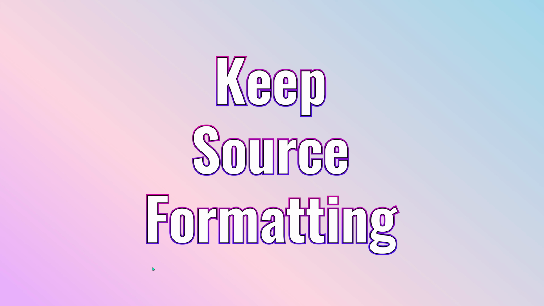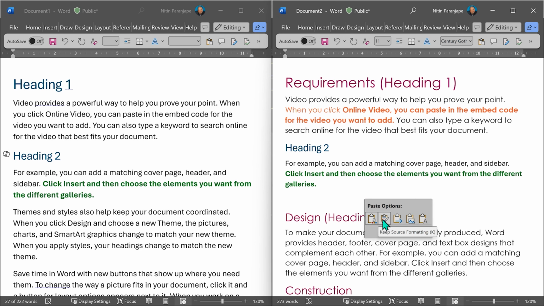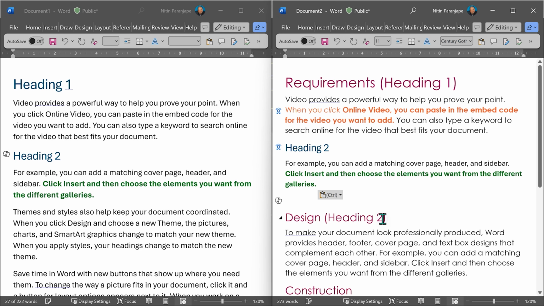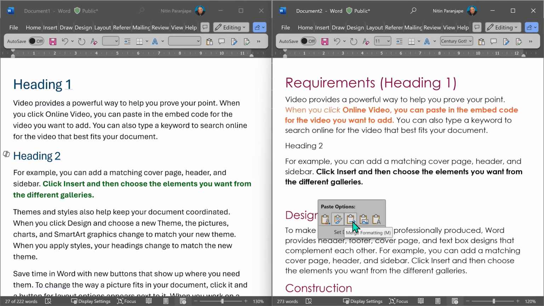Now, in some cases, you want to be retaining the original. Now, what do? Do not undo. Yes, commonest mistake, undo. No, just click on that icon and ask Word to keep the original. That's it. The third one is merge formatting. That only keeps things which have meaning like bold, italic, table structure. Everything else matches the destination.